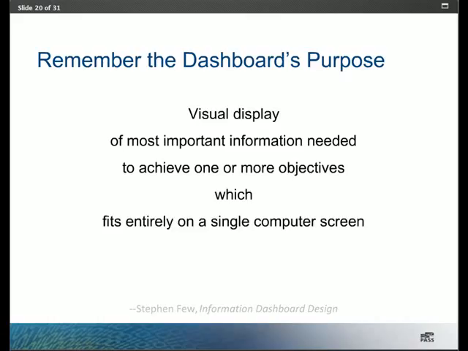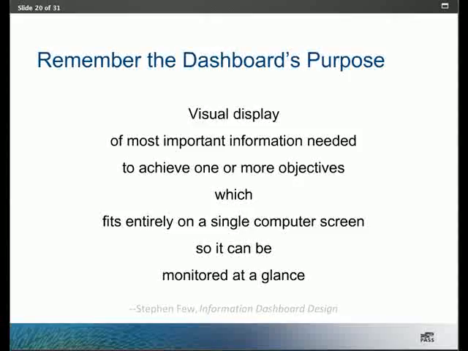So the key elements are here, it's visual. That means we're minimizing text and focusing on how we represent information in some type of chart form. We are distilling that information down to the most important information. We are not writing a novel with our dashboard. It is typically in support of objectives. We have some goals. We're in business to make money or save money. How are we working on that? Are we being successful? Is there a problem? How do we know? So that information that we're communicating needs to be linked to some problem we're trying to solve or some problem we're trying to avoid.